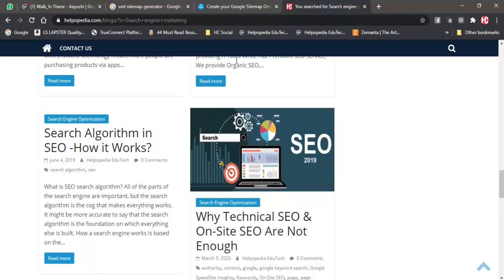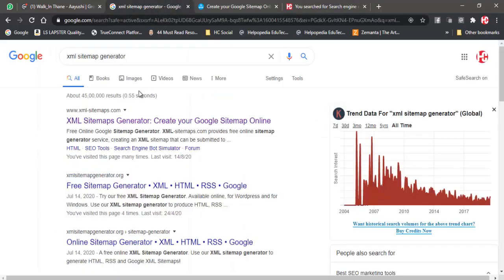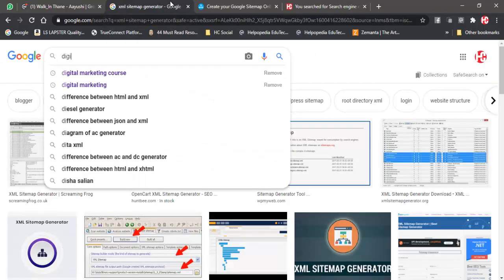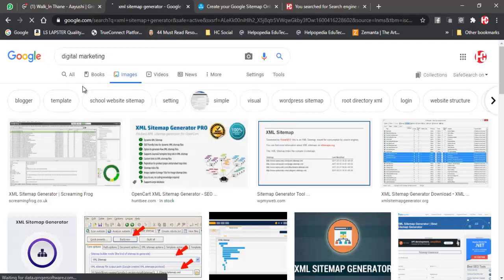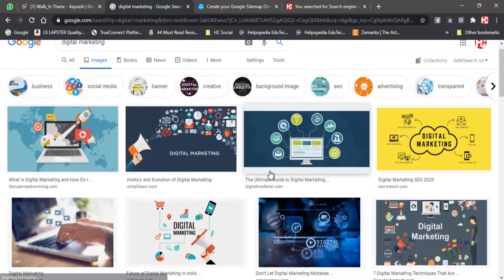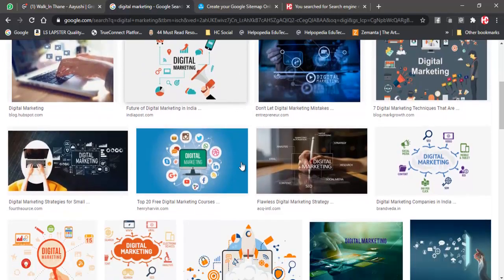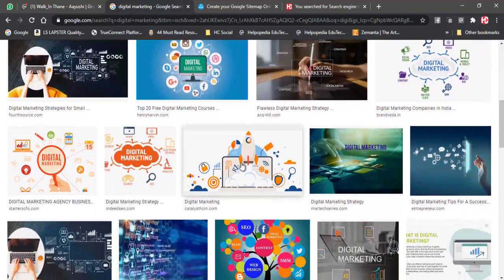Suppose I go to Google Images and search for digital marketing. All the images seen here are related to digital marketing only, and no other topic is listed.